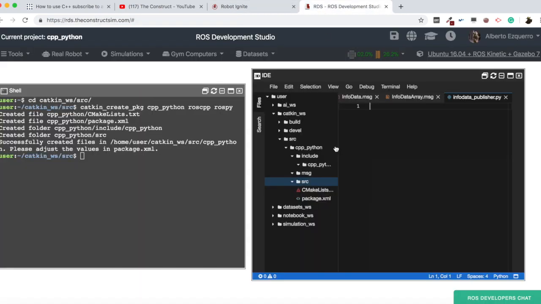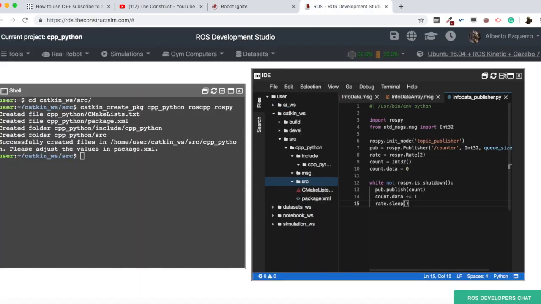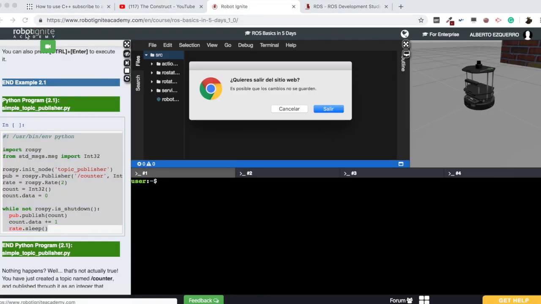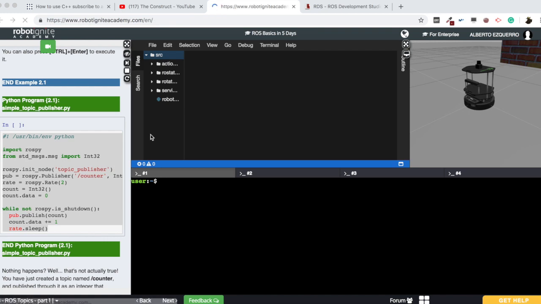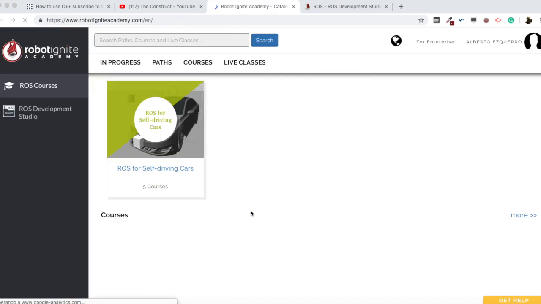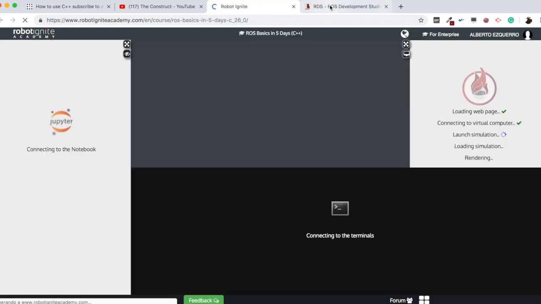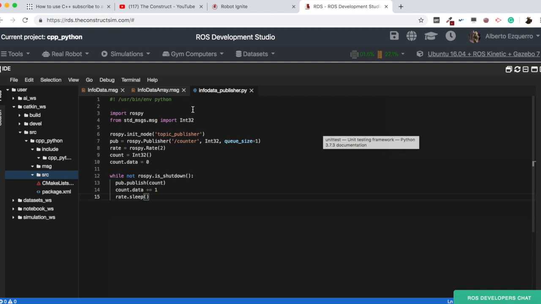Okay. Then from this template, we are going to modify the code. Well, meanwhile, let me switch to the C++ course for the subscriber. So let's start opening this one here. Now, okay. Then here,